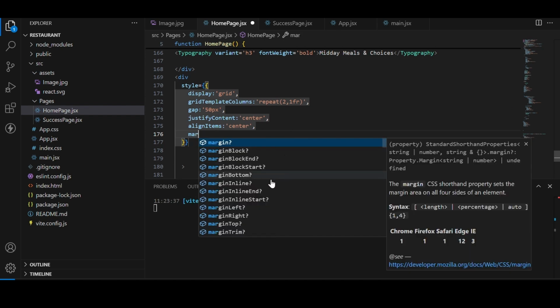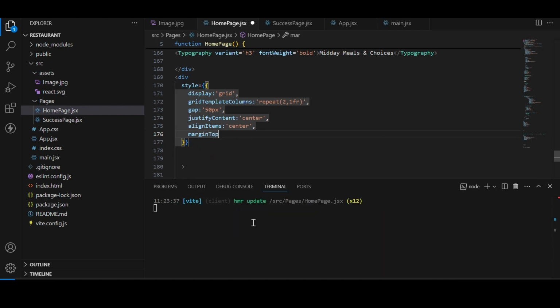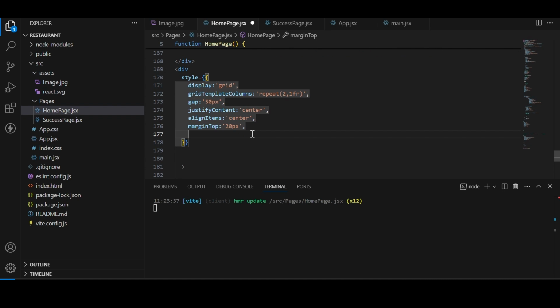Margin top will be 20 pixels. And the z index will be 3. So